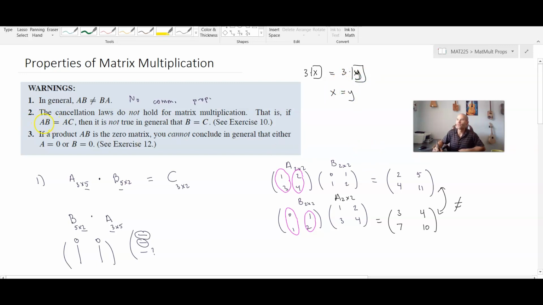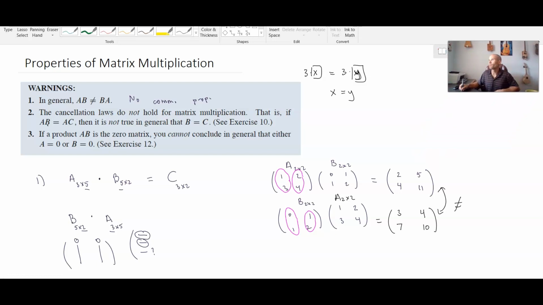But it's not true that if you have a matrix A and you multiply it by some matrix B, and you get the same result as when you take that matrix A and multiply it by some matrix C, that it's true that B equals C. A really simple and quick example, which looks at, say, for property 2, if A is the matrix, let's say